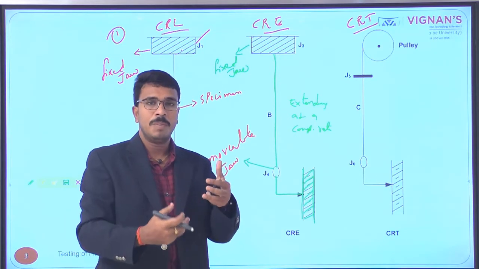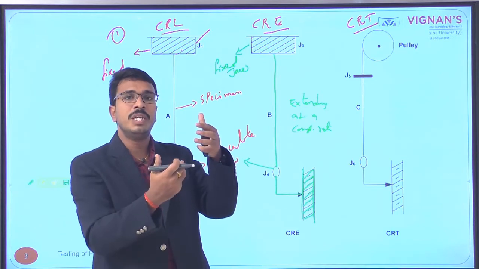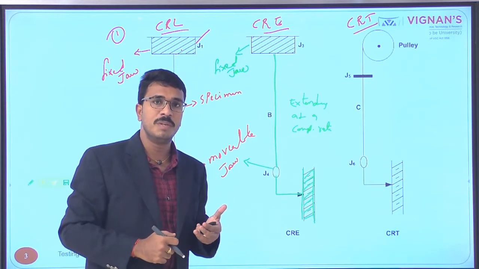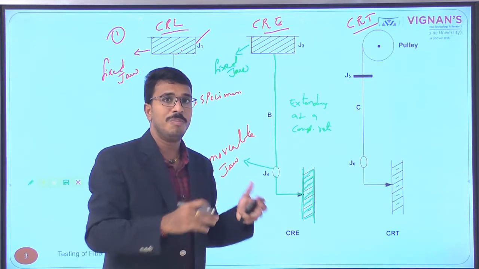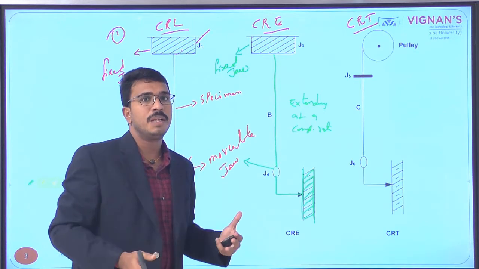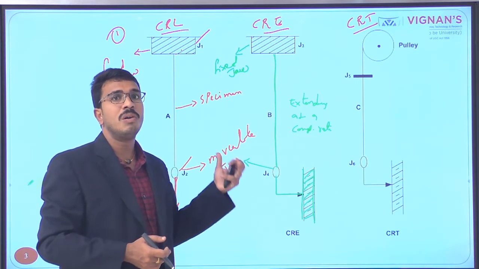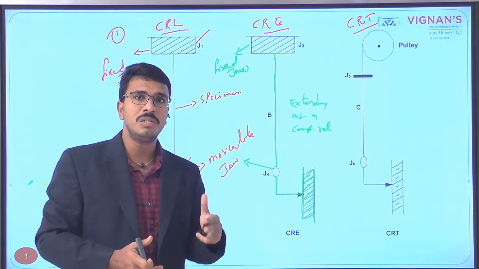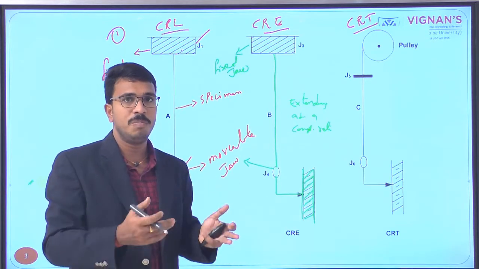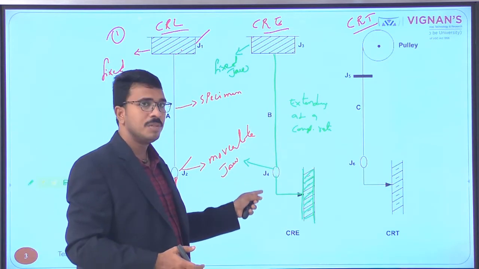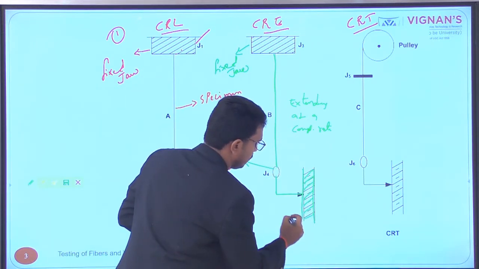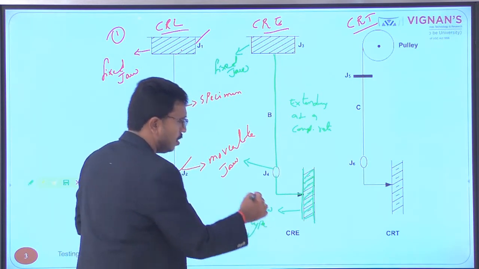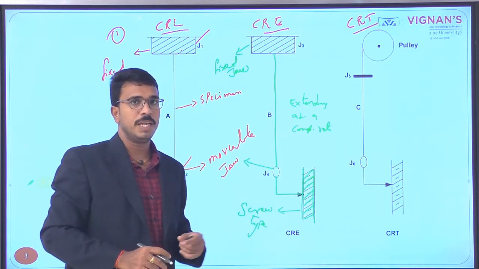Now what will happen? Because of extending the filament, or extending the specimen, it imparts a certain amount of tension in the specimen, and finally the specimen is going to break. Understand? So this is called constant rate of extension. The extension in the specimen will cause tension in it, and finally it is going to break. So here the bottom jaw is connected to a screw type mechanism.